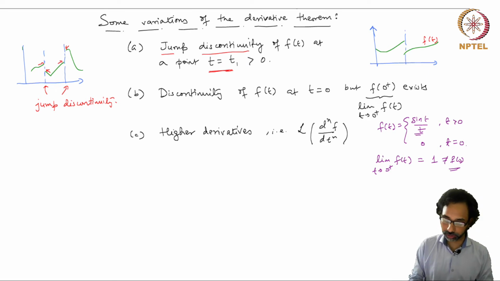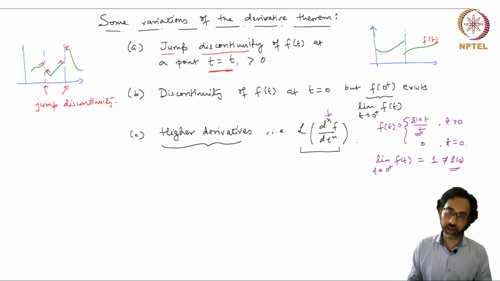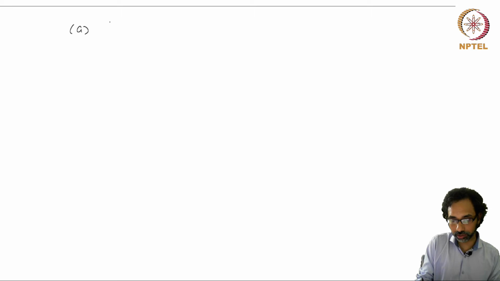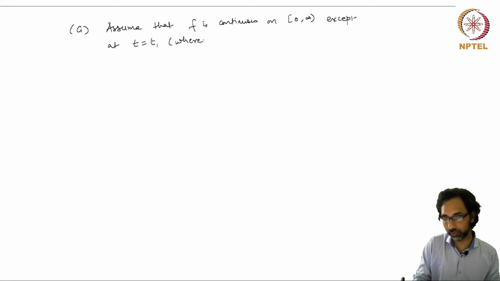The third variation is for higher derivatives of f. So we want to compute the Laplace transform of the nth derivative of f. We have already computed the first derivative and we will look at higher derivatives of f. So let's do the first one. So assume that f is continuous on 0 to infinity except at t equal to t1, where it has a jump discontinuity,